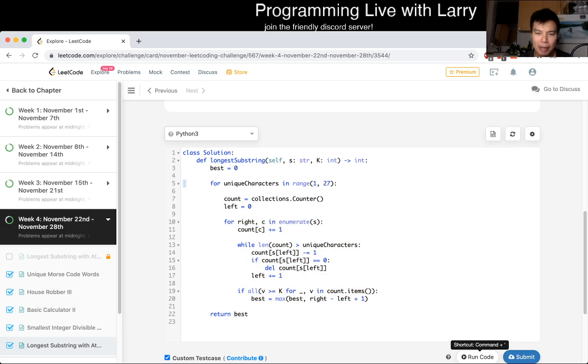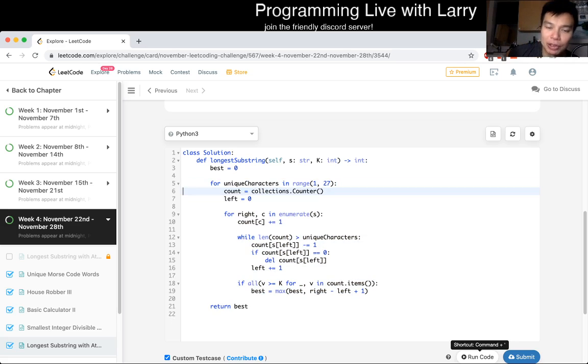is true. And in a way, the reason why this works is that it is brute force on the number of unique characters, because you know that the answer will always have X amount of unique characters, and we seek to look for the best solution for each of those, as a way to check. So in a way it's very brute force,